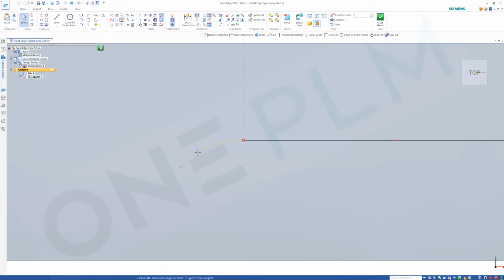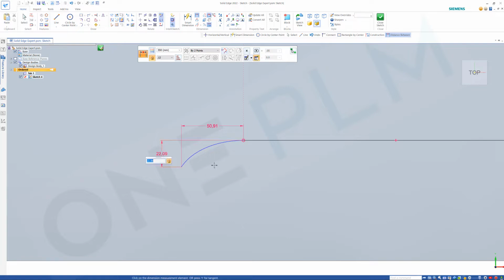So if I want to go and constrain this now, we need to do a horizontal and vertical. So I'm still on 2 points, use the shift key, that switches it between 2 points and horizontal vertical. So a nice little trick if you don't do that, right click to finish that one, and then do the same on there, 2 points, shift key, and then place that. We also need an existing dimension between this endpoint and the centroid. So if we go and do that one and go and do a vertical dimension on there, that's going to allow us to go and have that